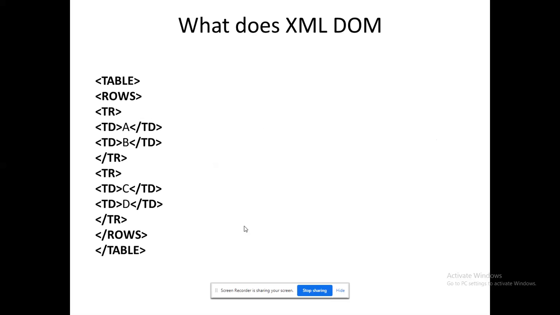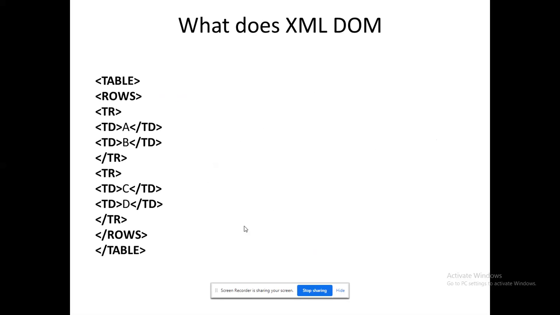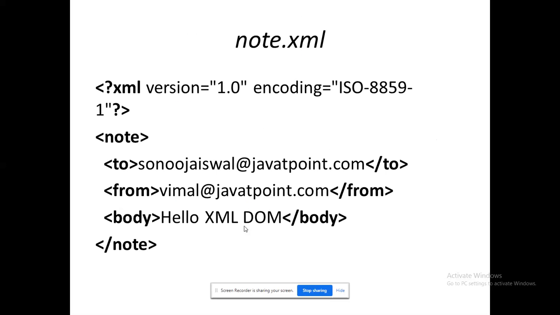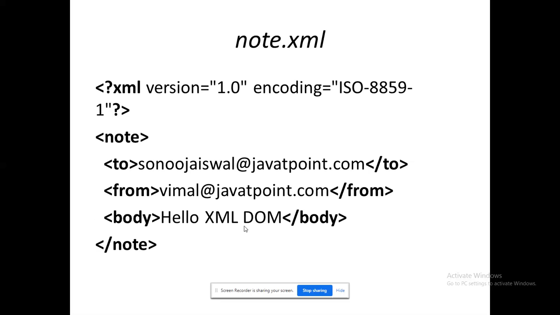So what will my XML DOM do? It's ready to generate something. What will it generate for this code? It's a table, right? In HTML, for your understanding. This is the one that it will generate. So when I'm going to work with this XML file, this XML DOM, it is ready to access the available content.